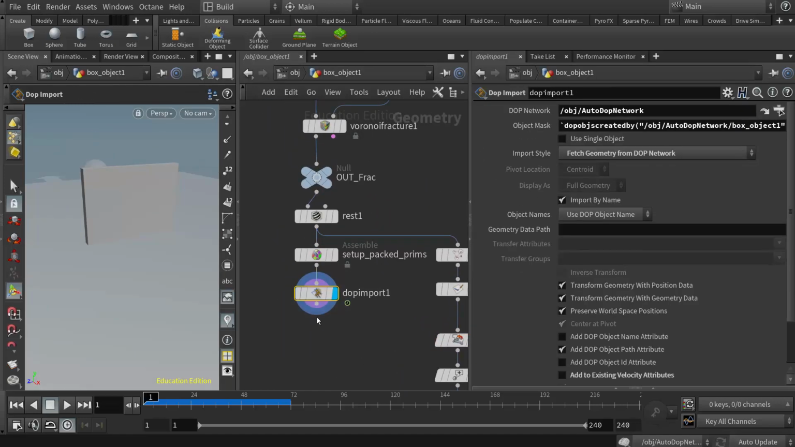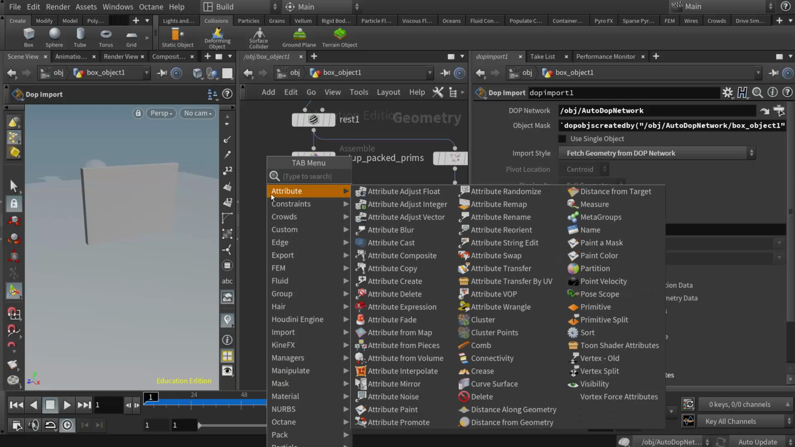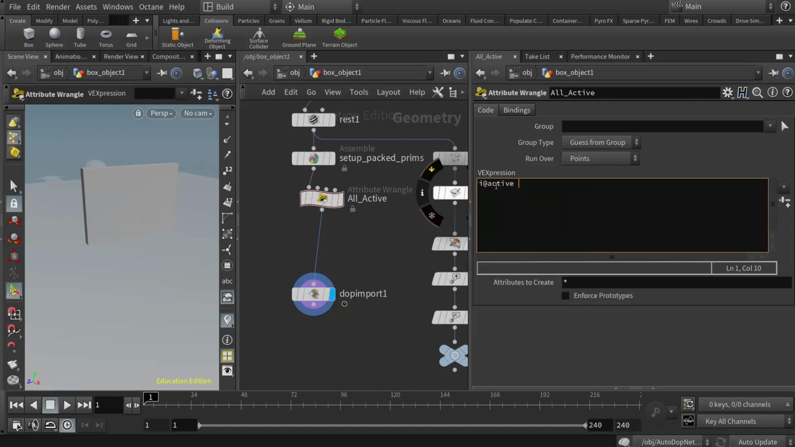And remember, this needs to be done after the assemble node, after the geometry has been packed right here. So I'm going to do an attribute wrangle. This is just reviewing what we did last week, actually. And this one is all active. We do all active first. And I'll just say i@active = 1;